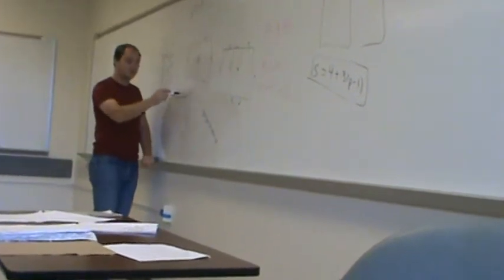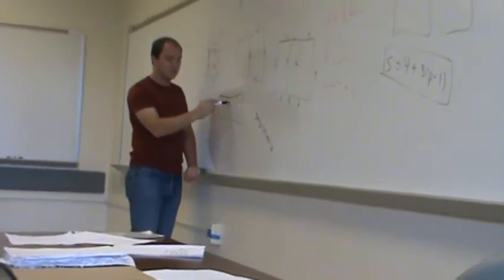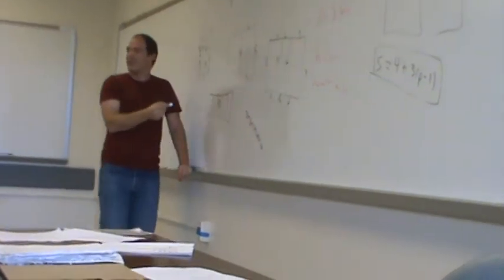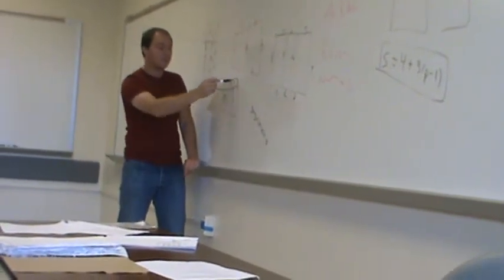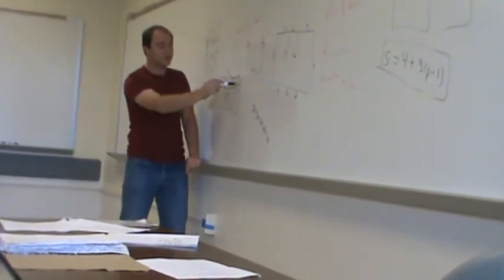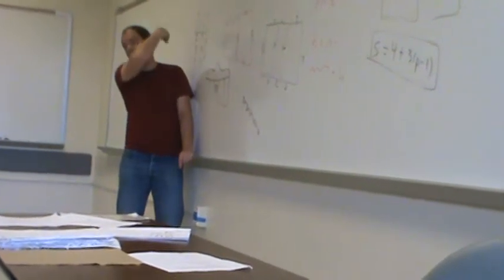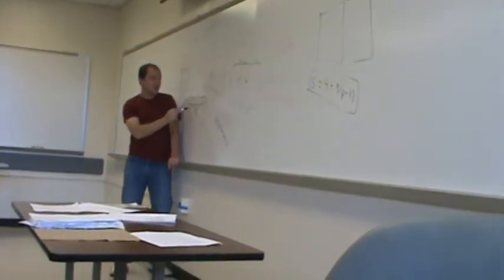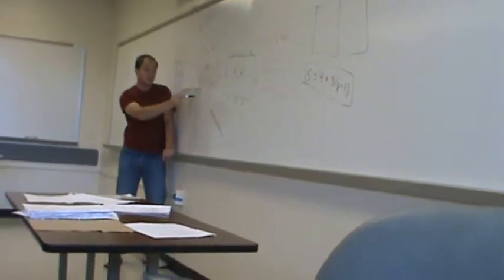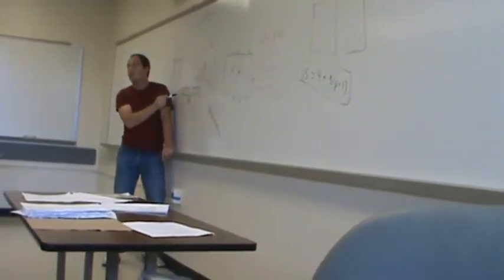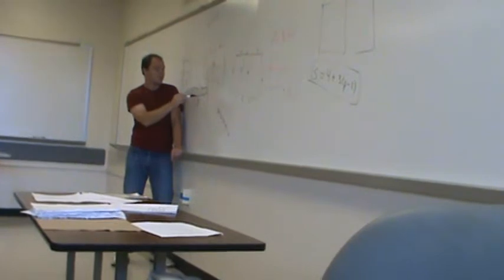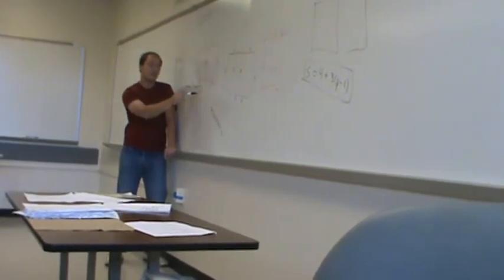How many are on top? Say there are n panes. 2x plus. What's x? There are n panes. How many are on the top? And how many strips are there on top? Remember back to when we made that square. If there are n panes, how many strips are on top? And 1 for each pane, right? Here's one on this pane, here's one on this pane. So if there are n panes,